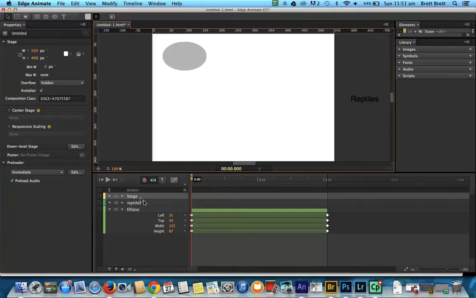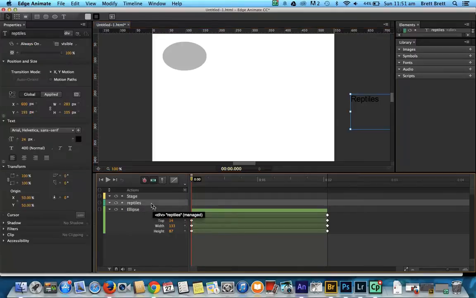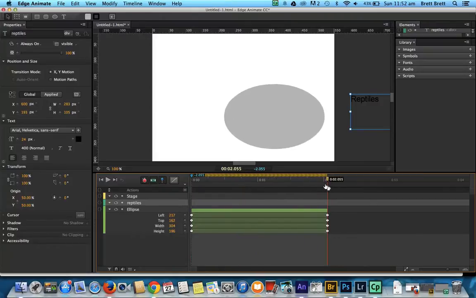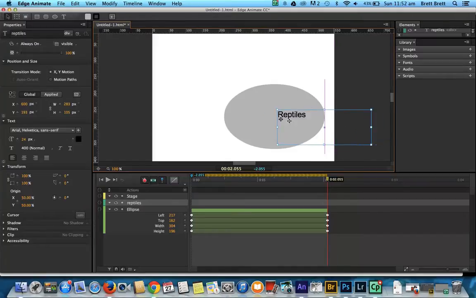Right, I don't want to affect my stage, that's the one I'm clicked on now. I want to affect the reptiles title layer here. So during this same 2-second period, I also want that reptile's title to come in, and I want it to land in the center of that ellipse. So I come to there and I want this to fly in